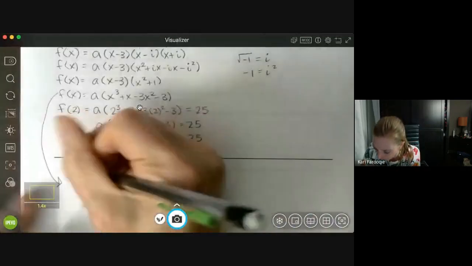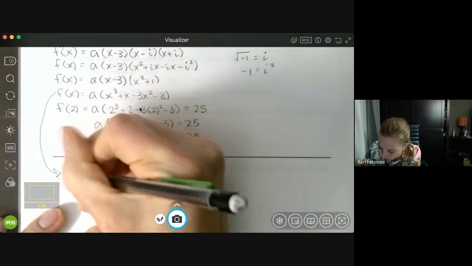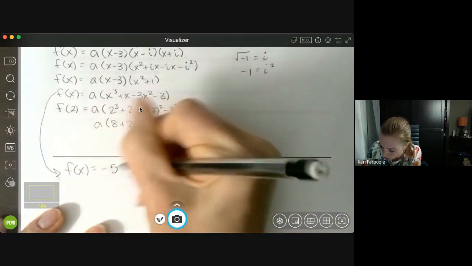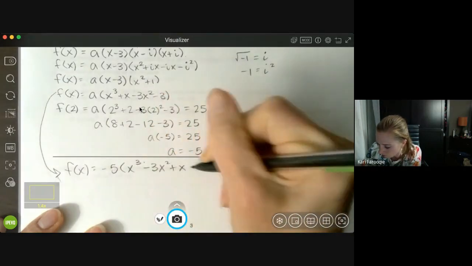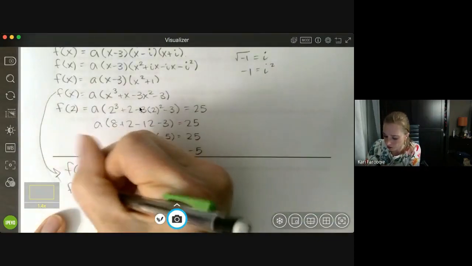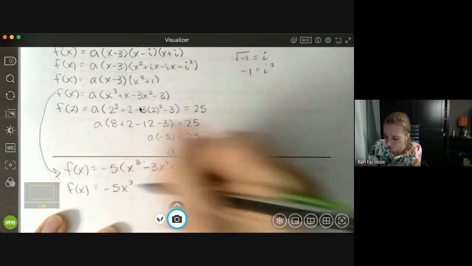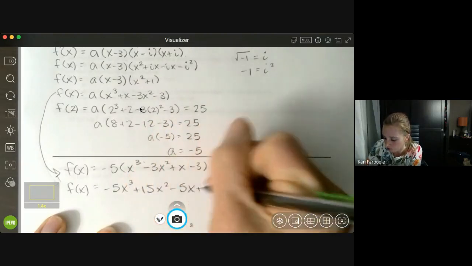All right, so we have, I went too low here. f of x equals -5 times x cubed. Might as well write this in descending order. Minus 3x squared plus x minus 3. And then the last thing you need to do, because you're almost done here, and this is the point at which MyMathLab would tell you that although your answer is equivalent to the correct answer, it's not in the proper form. Expand that out all the way. Your function is -5x cubed plus 15x squared minus 5x